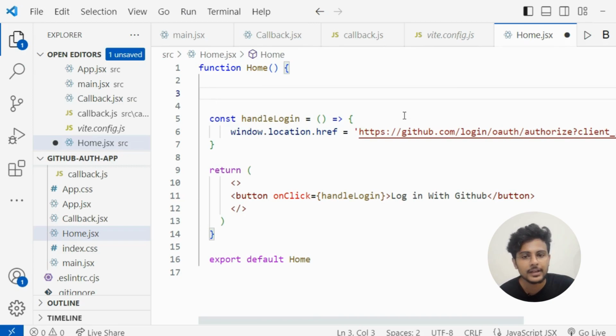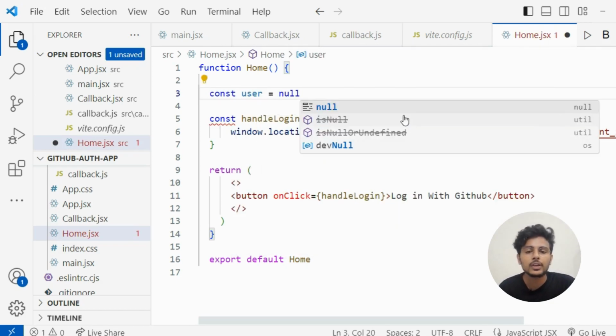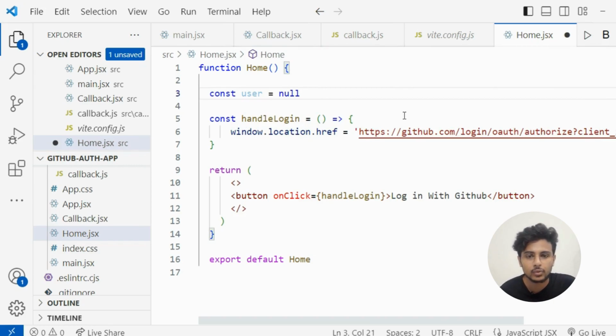Imagine we have not added any access token to local storage. In that case, we can say user is equal to null, and when we have stored the access token to local storage, then using that access token we can fetch user information. So in that case, we are going to change the status of user.